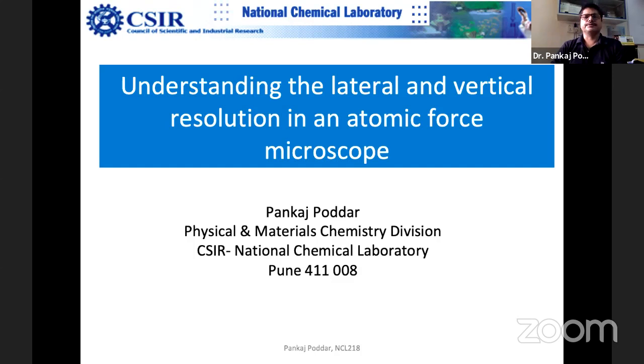So let me start this lecture, understanding the lateral and vertical resolution in an atomic force microscope. It is quite an important topic, and it's quite complex, as we learned in other microscopes also, like transmission electron microscope and scanning electron microscope, and allied techniques, for example, chemical mapping in transmission electron microscope. So here, even temperature plays a role. So when you say resolution, basically the concept is taken from